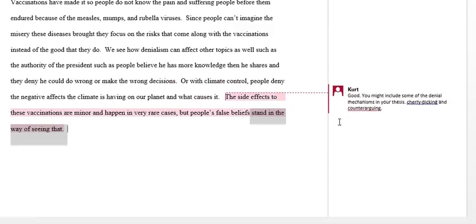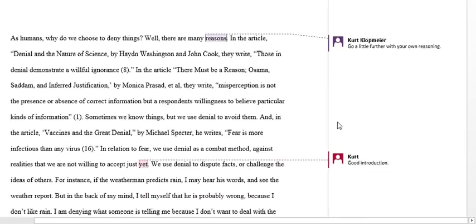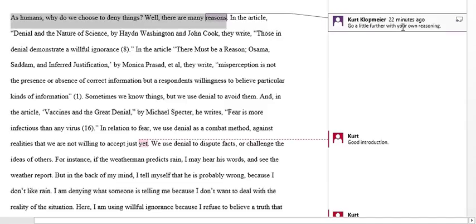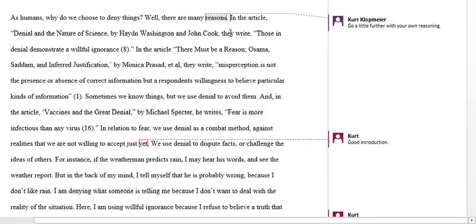All right, so for this one, this author says, as humans, why do we choose to deny things? Well, there are many reasons. I think that's a good start. We wonder and might think about why we deny things, but I would want her to say what those reasons are. Why is it that people deny things in her view? But then she moves into the